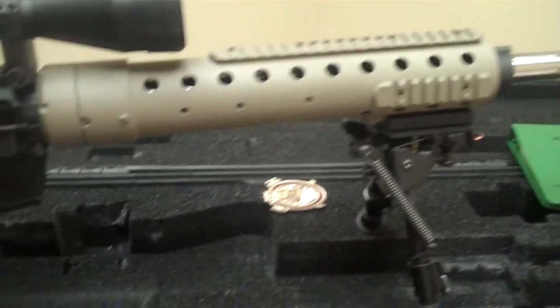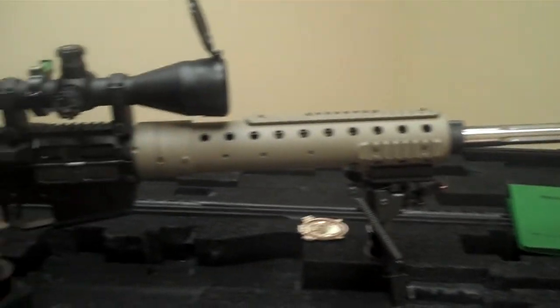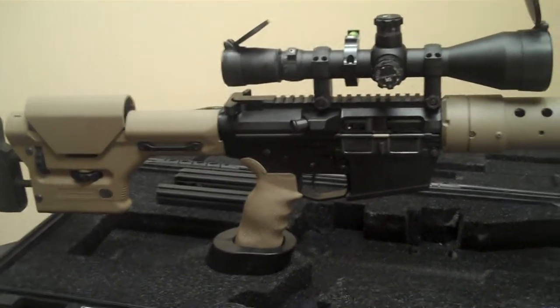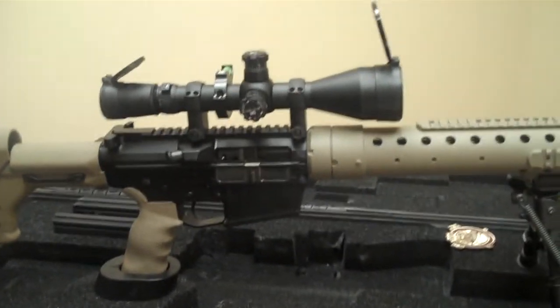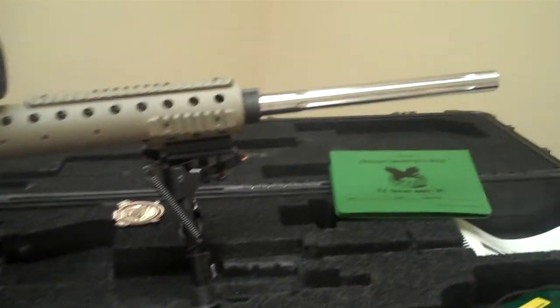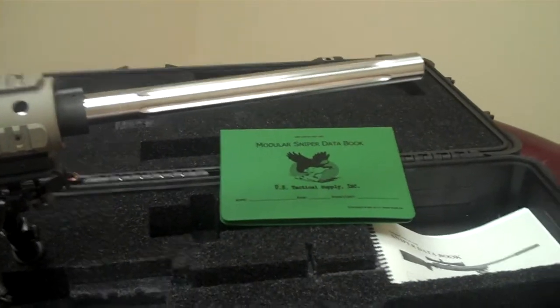But my goal of this video is just to show you the weapon and show you what I've been able to do to it or do with it. I'm in no way a professional, and so I think the targets that I've put together here are extremely good considering my background and lack of training. But before we get to the targets, what comes with all of their weapons is a Pelican